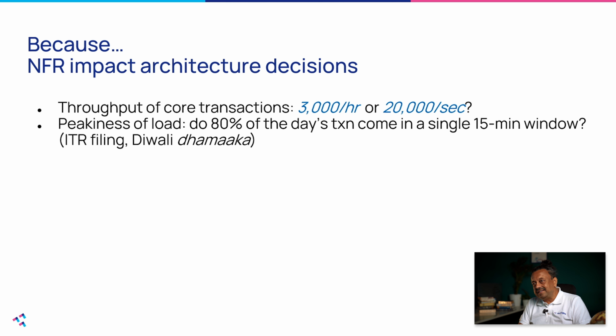But real life business applications often show terrible peakiness. For instance, a trading exchange may say that they are handling several 100 million trades per day, which is quite impressive in itself. But the peakiness takes it into a completely different level of craziness. They may say that 50% of the day's transactions are handled in the first 15 minutes and the last 15 minutes of the trading day. That's crazy peaky. So you can have peakiness in a daily cycle, you can have peakiness in a monthly cycle, a yearly cycle.